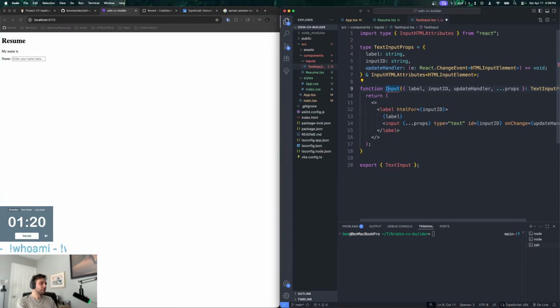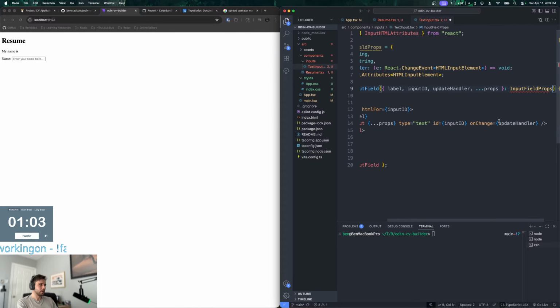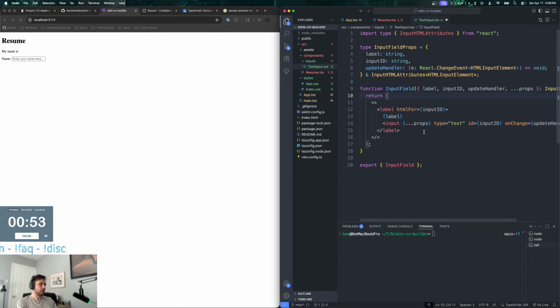So then I want to rename this to maybe input field or something, right? Because it's not necessarily going to be a type input. Input field props. Okay, I'm just doing some refactoring here. Label, and then I'll do type. Actually, no, I don't need that because it's already passed in through these props, right?